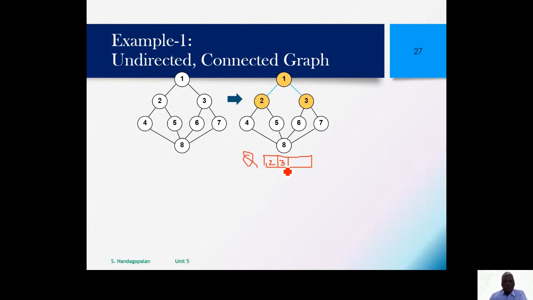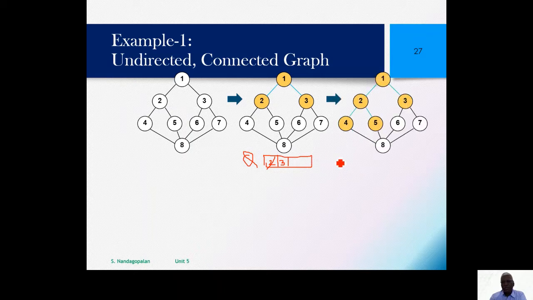Now what happens? This is very important. This is going to be an iterative kind of process, an algorithm. The next step is to delete from the queue. Whatever vertex you get, the adjacent vertices of that will be explored. For example, from 2 we have two adjacent vertices, 4 and 5. Both are unvisited, so I can just put them into the queue.